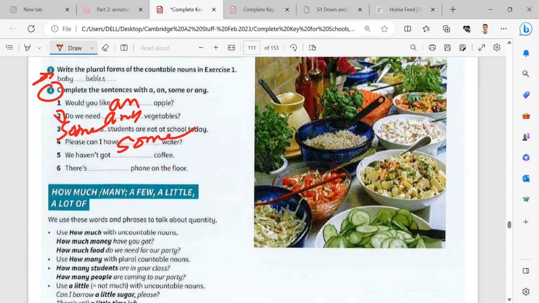We haven't got any coffee. Yes, any. There is a phone on the floor. Yes, there is a phone on the floor. Well done, Nawaf. So let's go back to page